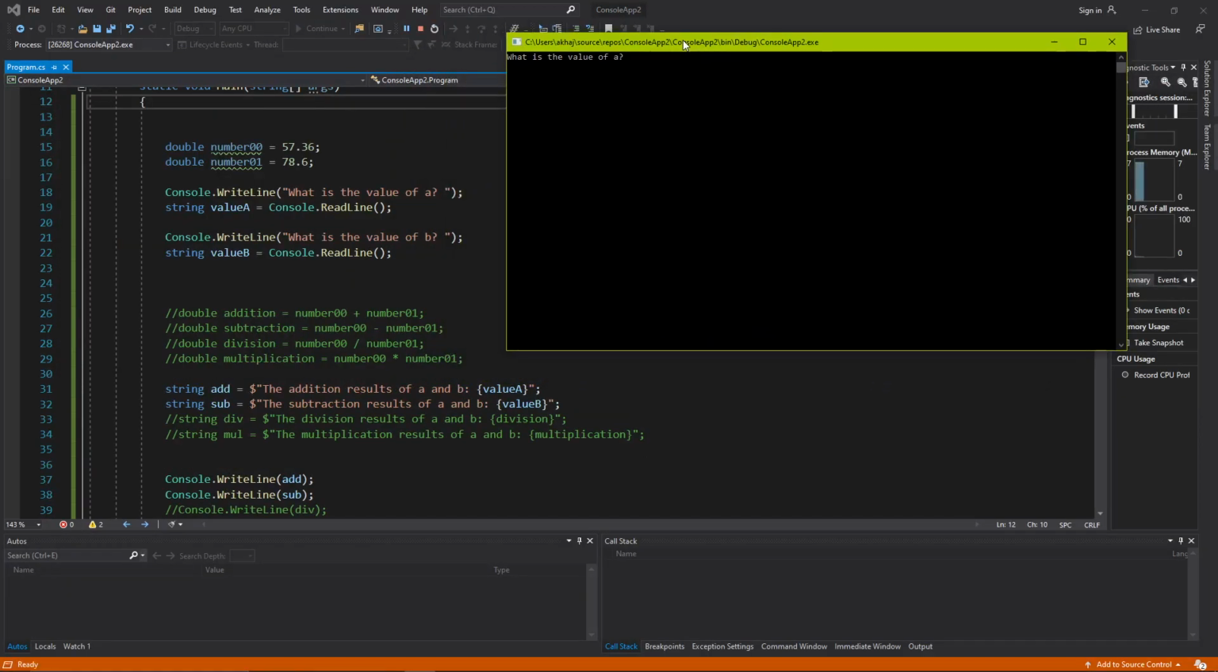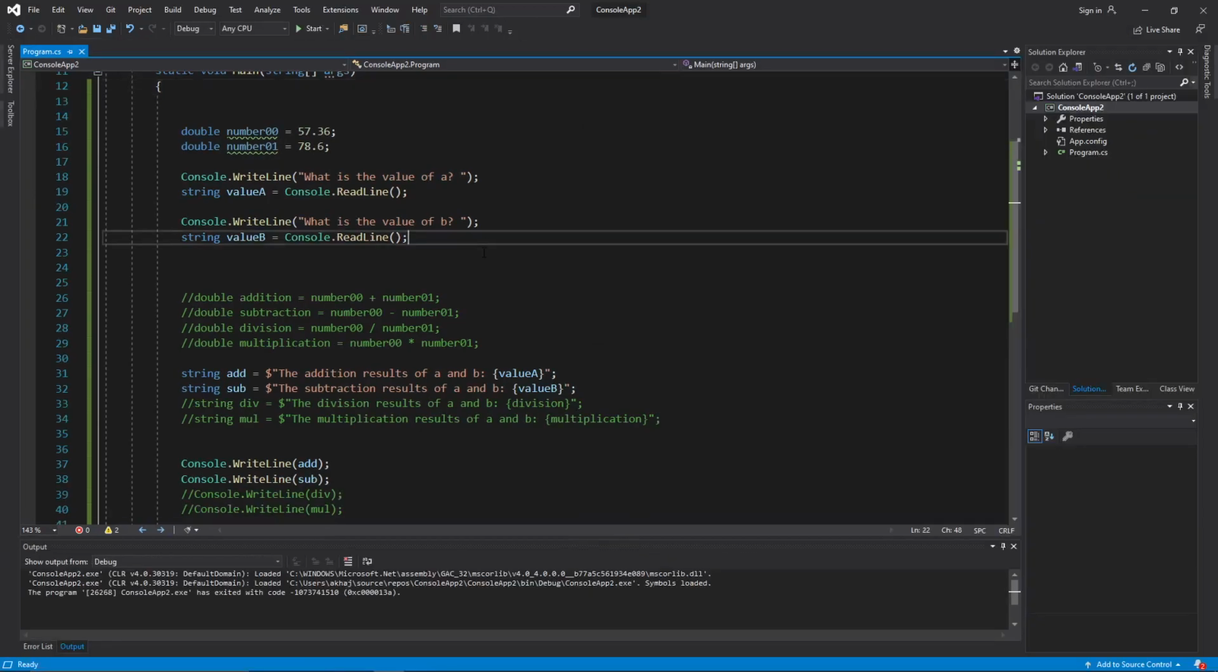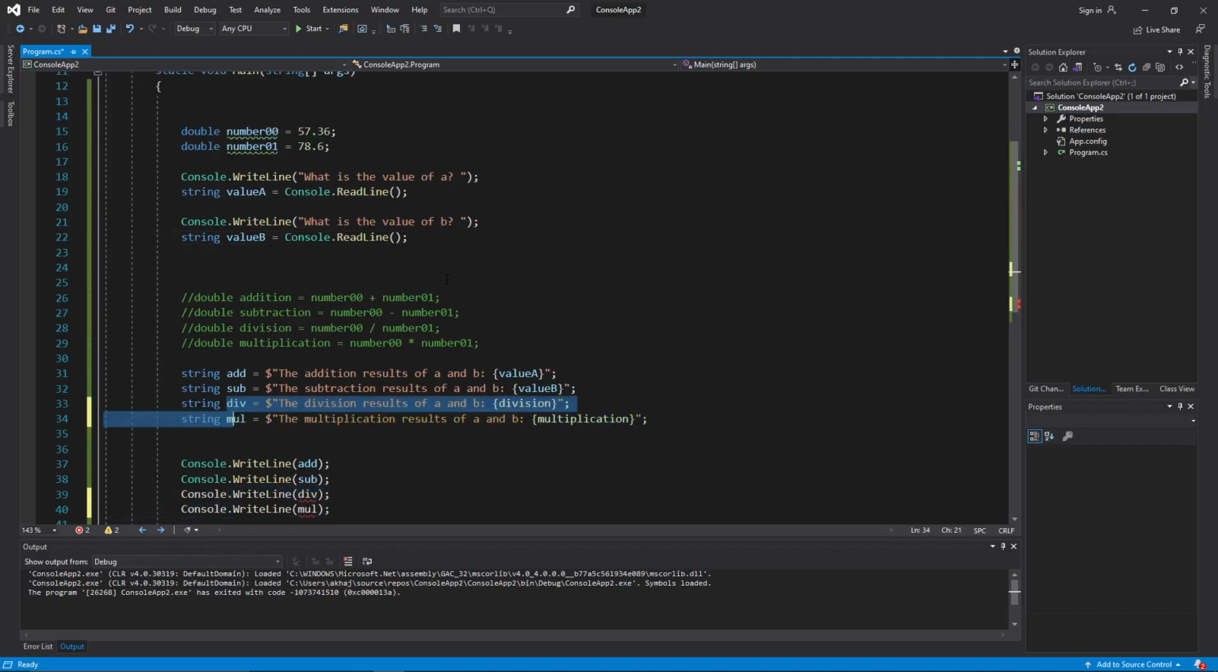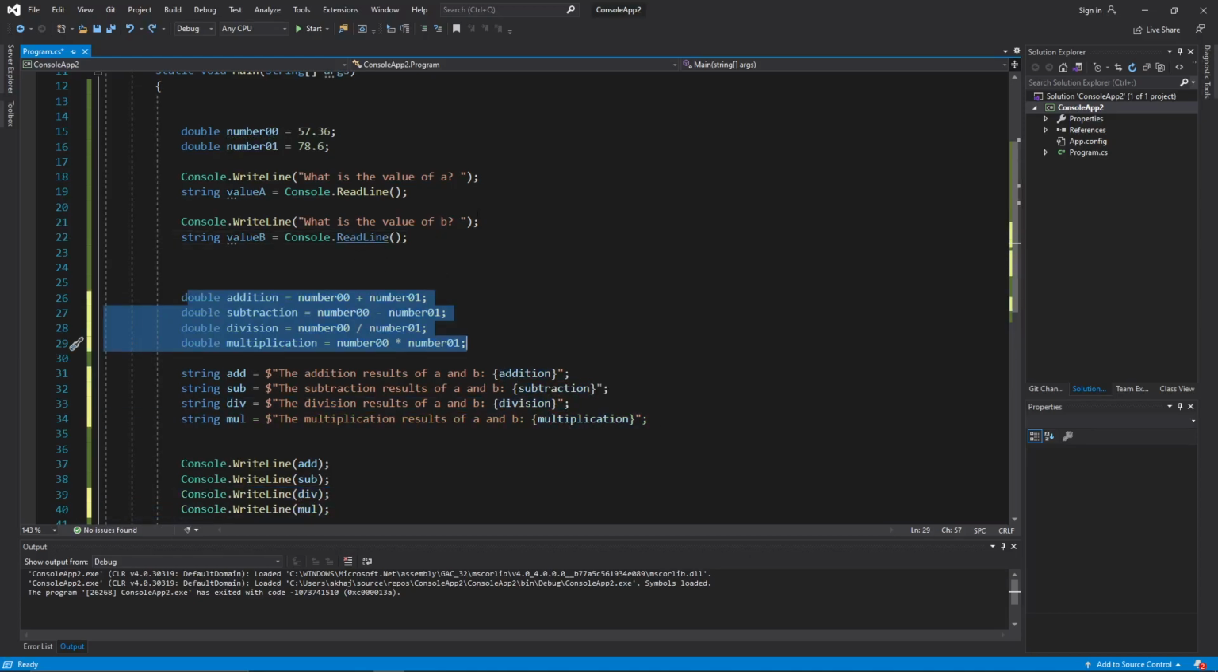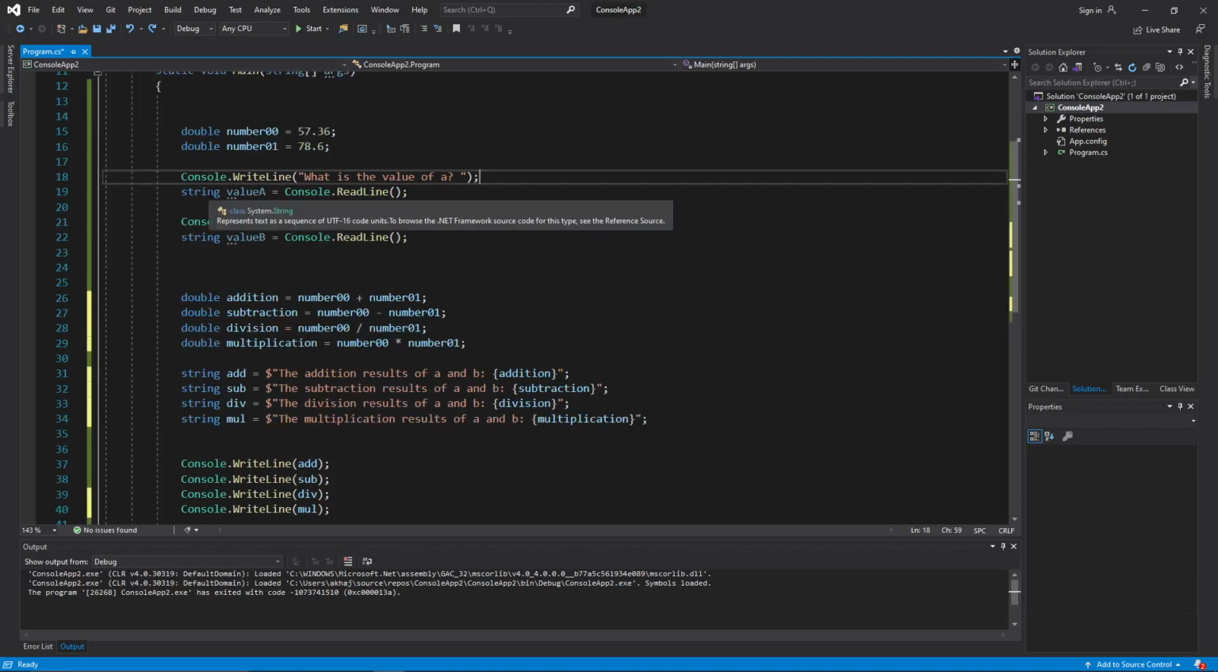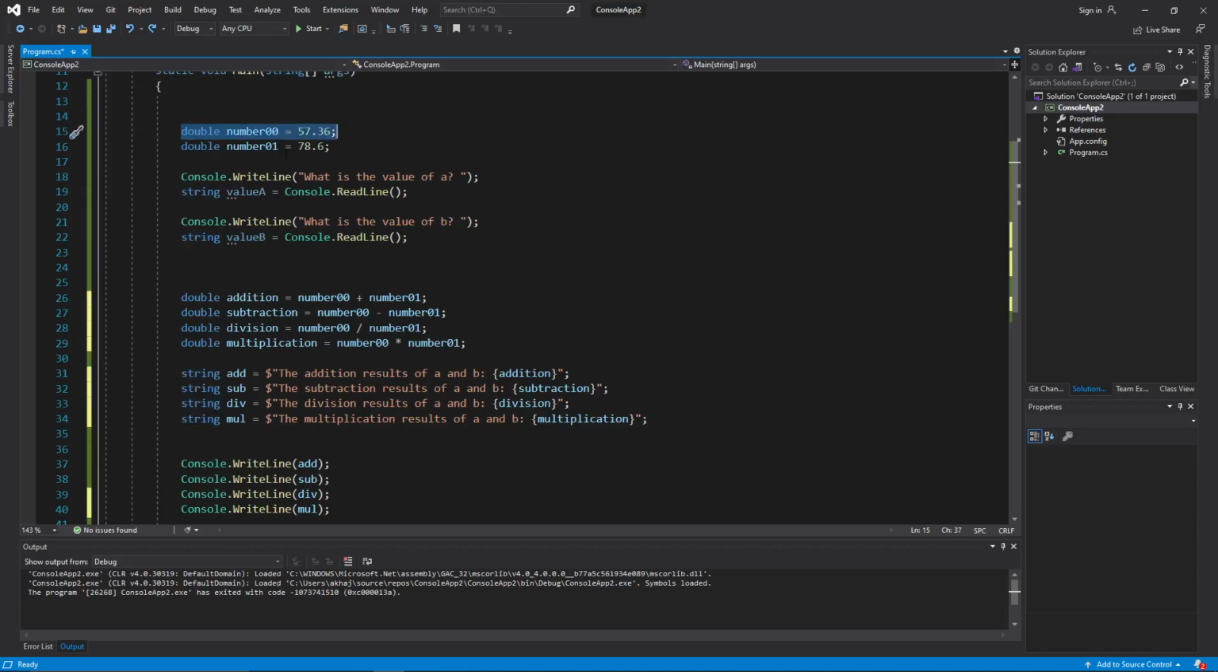So here's what it's going to look like this time. If I say 55, and if I say whatever, it is going to print out the 55 and whatever that I just wrote here. Okay, so it seems that it's working so far. Now what I need to do is to get this value that I just got as an input and convert it from a string to a double, to a number. Why? Because